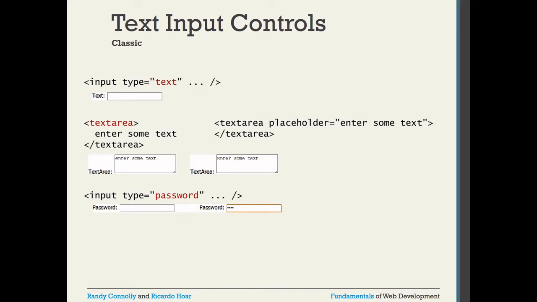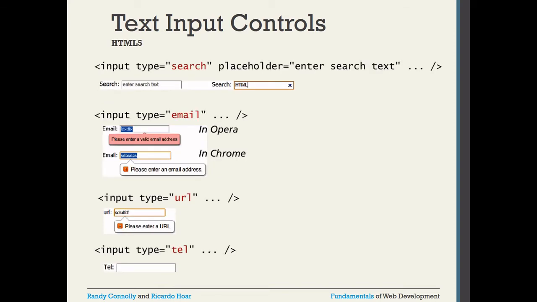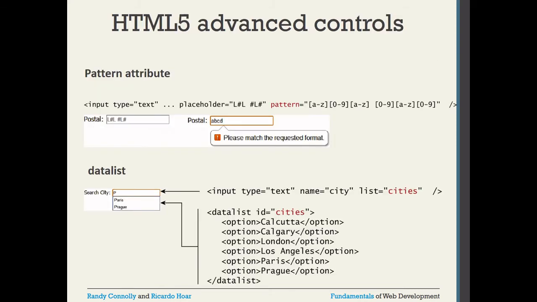See here one example: input type equal to text. The text box is shown, then the textarea with multiple lines, and the password, where in the box you can see the dot symbols. Then search with the search button, email and other things. It is the same, you can see on the screen. And one more thing: some of these HTML5 features are supported only in the latest browsers, not in old browsers.